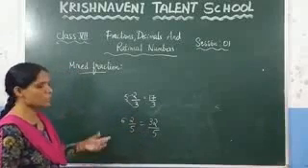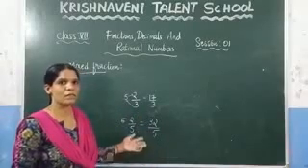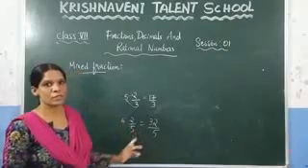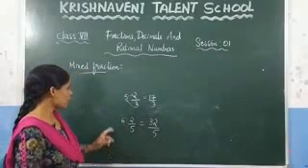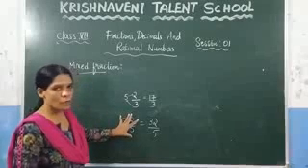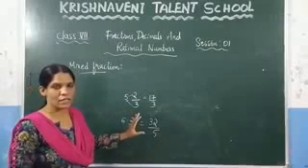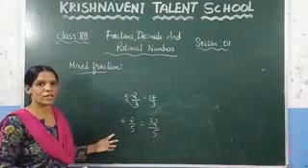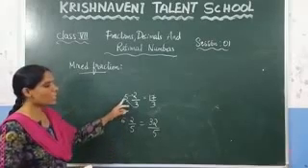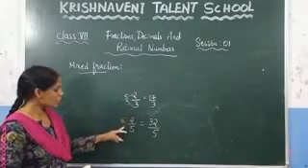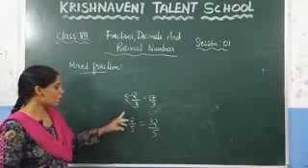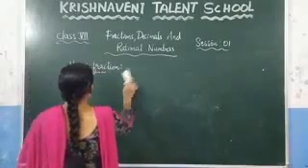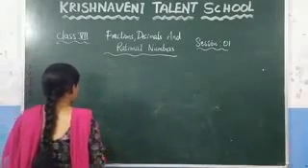So if you are given any mixed fraction, you can convert it into an improper fraction, or if you are given any improper fraction, you can convert it into a mixed fraction. A mixed fraction is nothing but a whole number and a proper fraction together. Or otherwise you can define the mixed fraction as consisting of two parts, an integral part and a fractional part. The integral part is in the form of a whole number and the fractional part is in the form of a proper fraction.